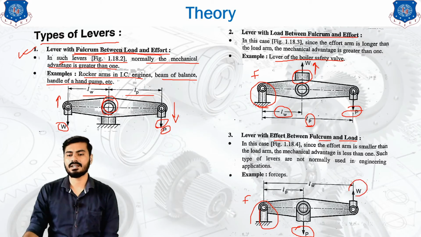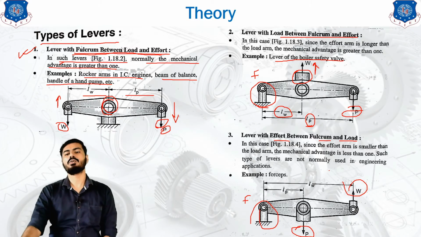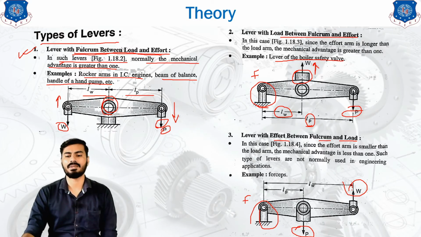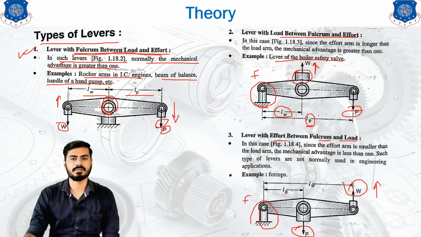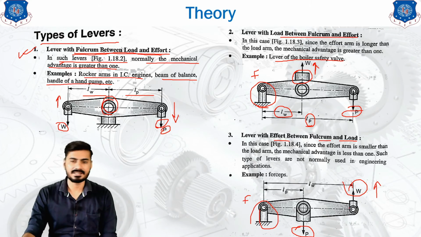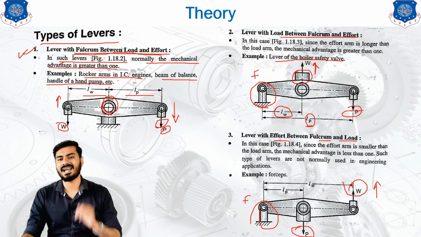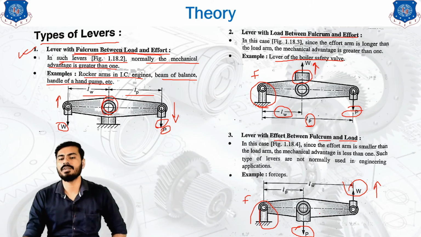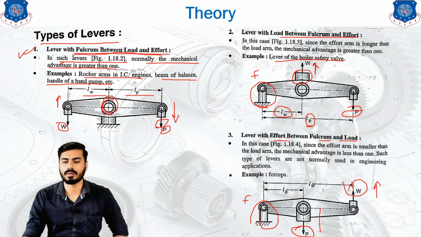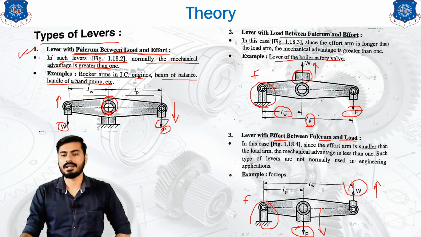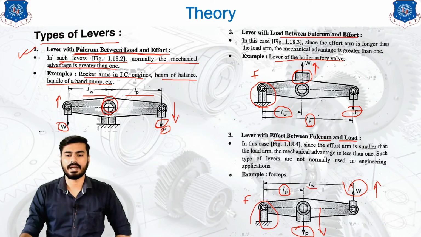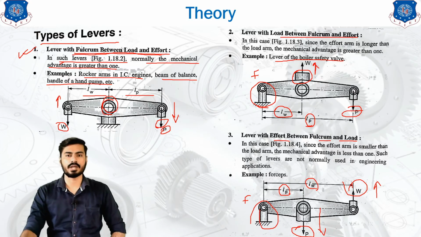Now we can say that this is our load, and we need to lower this load by the application of the effort. As this load is going upward because of the connection with the string or the spring, if we want to apply the effort to lower it down, then you will have to apply the load in a downward direction. So this is our applied load, which is nothing but our effort, and we can say that the LP is the distance between the effort and the fulcrum, and the LW is the distance between the load and the fulcrum.